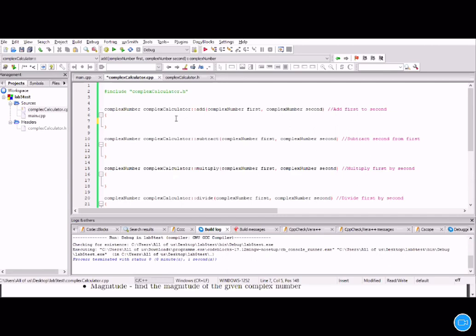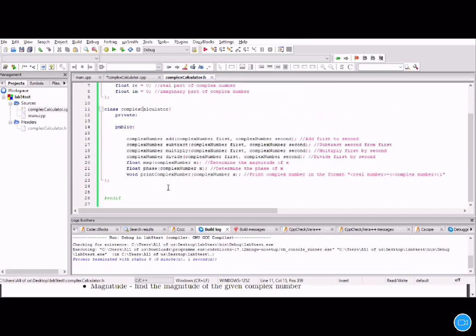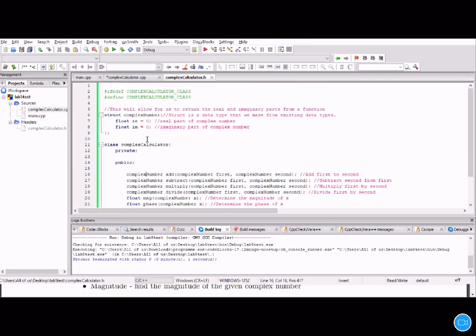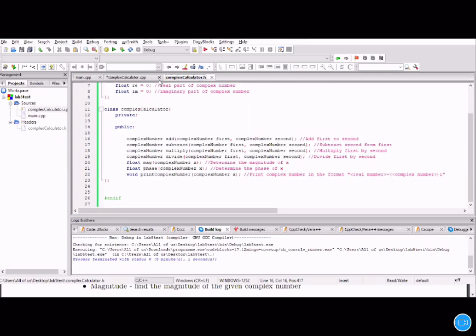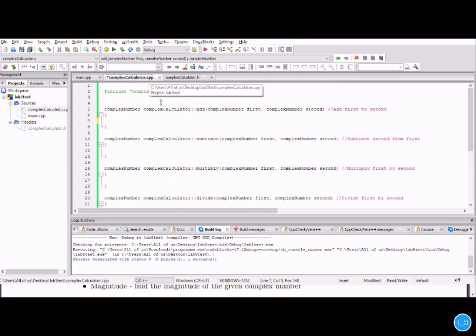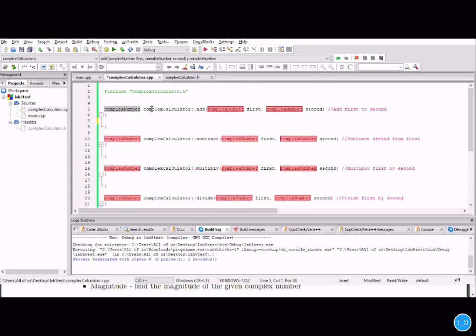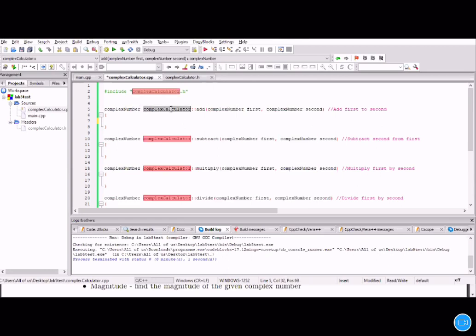The way you, yes, these 5 classes, and each one of these classes has add in them, and returns a struct of complex number. You need to tell it which class it comes from. So what you normally do is give the return type, then you give the class name, and then you use